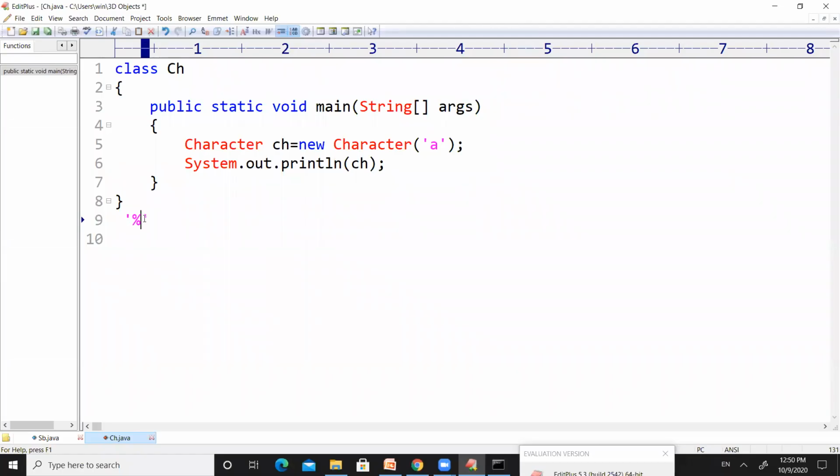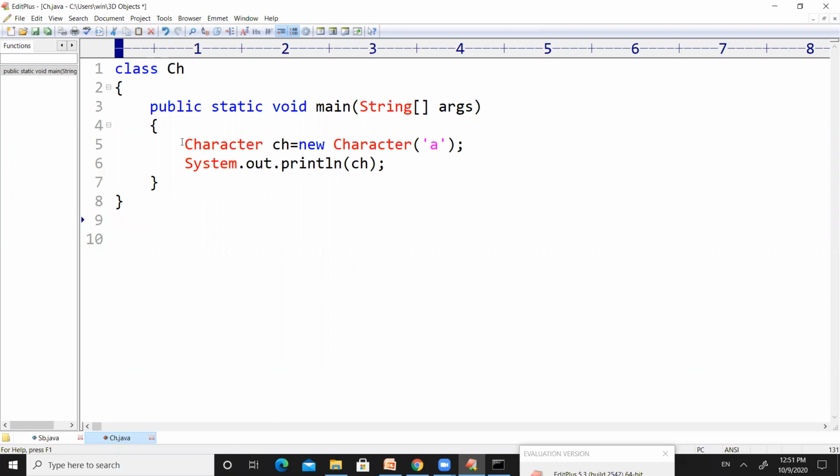And at the same time, if this consists of something like J inside the single quotations, it can also be considered as a character. So a character is nothing but anything. It may be a digit, or it may be a special symbol, or it may be alphabets from A to Z, or it may be capital letters or small letters. Anything which is represented inside the quotes is a character.